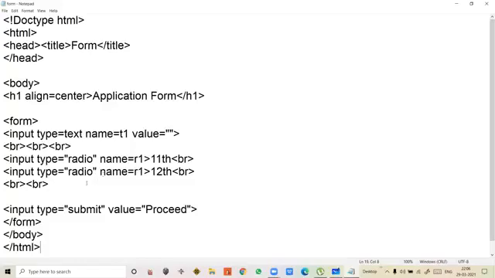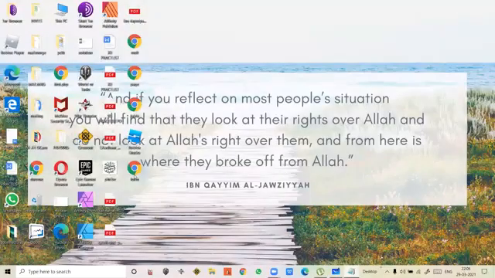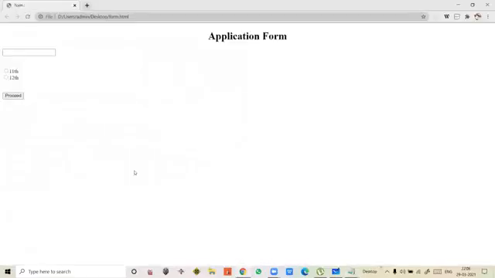So here, students, this is not the complete thing. Whatever the question is, it has been completed, but we'll alter some things, and then check whether it is working properly or not. So form, this one was our practical. We'll just try to run it. Look here, students, this is the application form, the biggest heading, and here we have taken the alignment as the center. One text box is there, it is blank, so it is not at all recognizable, or we cannot identify what we have to enter here.